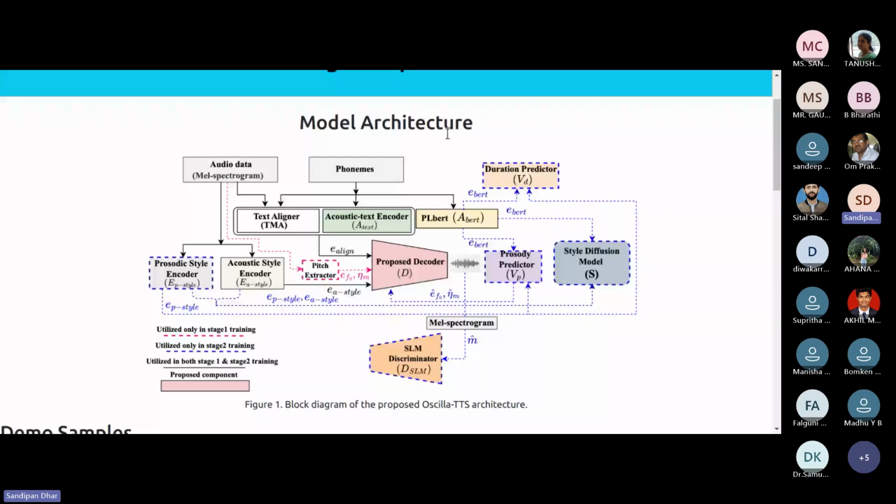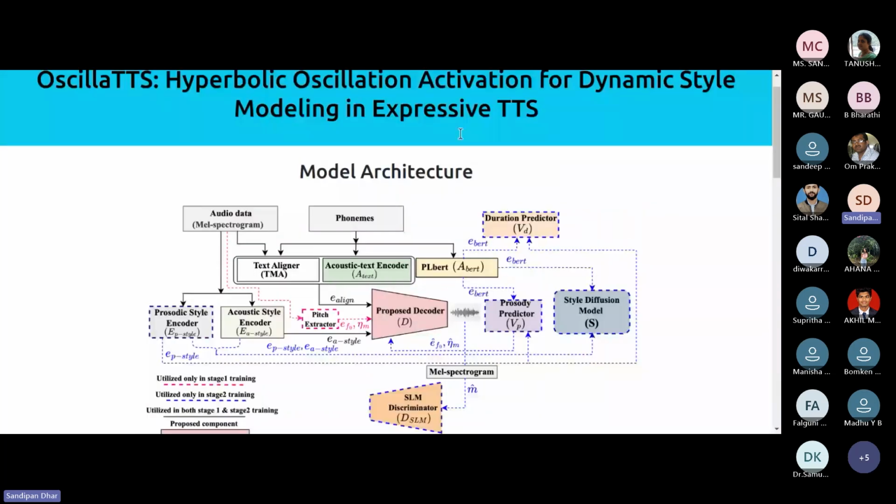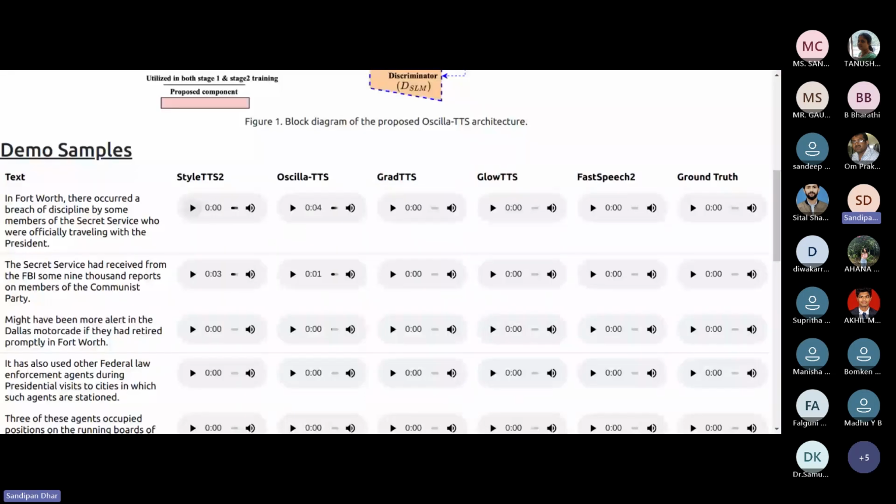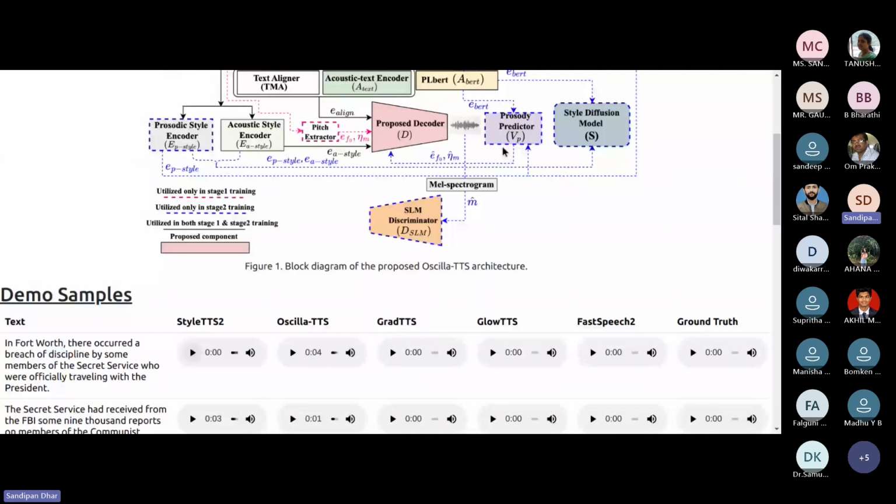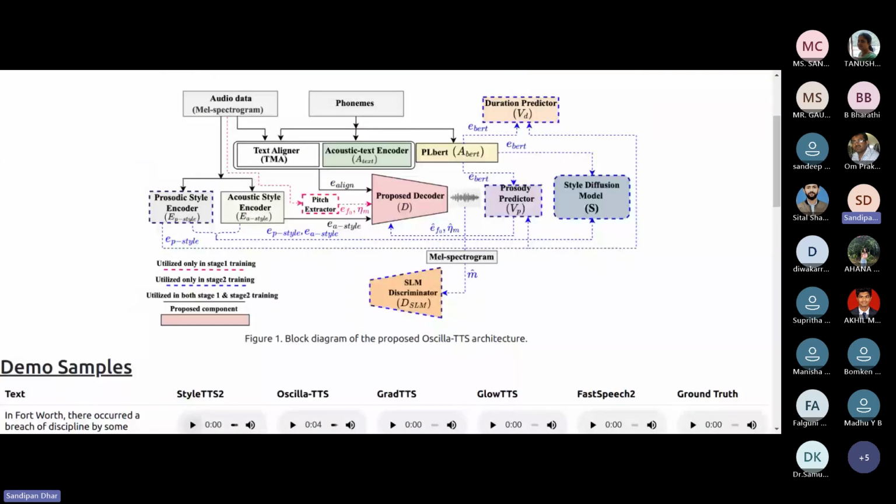So this is one model. It is not exactly the StyleTTS 2 model that I have shown, that we made adaptable for the Hindi language. In this specific model, we have made some contribution in terms of speech dynamics, borrowing the basic architecture, but we have made some changes so that it becomes adaptable for emotional speech synthesis. This work we have just submitted to a publication, so I cannot show you the whole mathematical representation of the work and how we have done the training. I'm just showing you